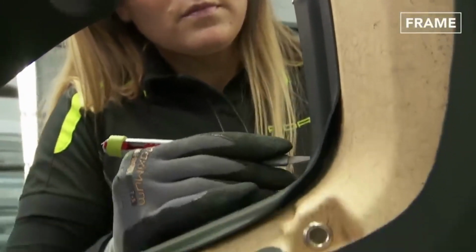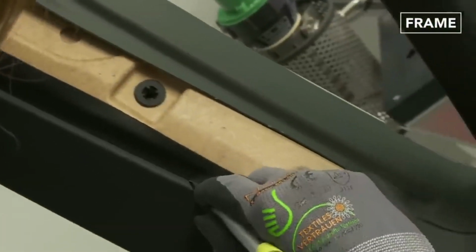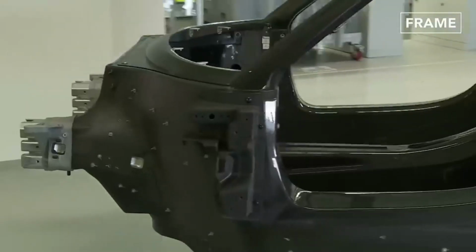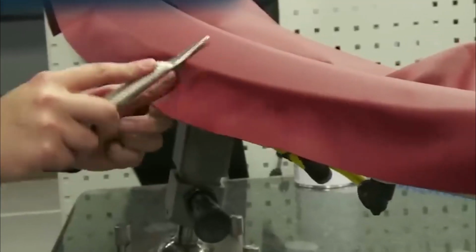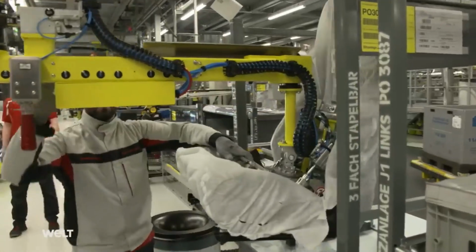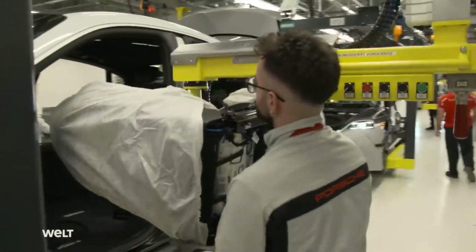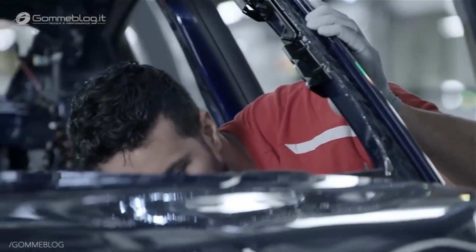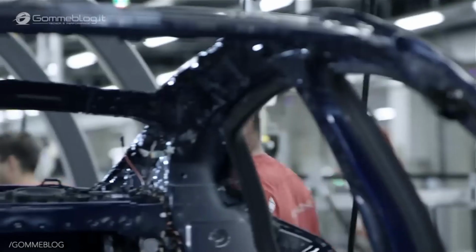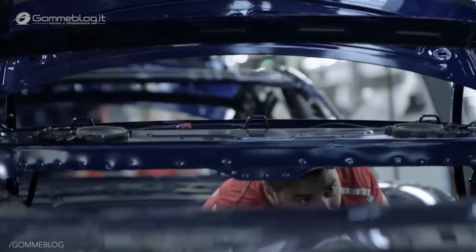Next, interior installation begins. The Taycan offers a variety of premium materials, from traditional leather to Porsche's innovative Racetex, a sustainable microfiber made from recycled polyester. Seats are mounted using automated lift assist devices that ensure ergonomic positioning without damaging surfaces. Interior lighting, sound insulation, air conditioning ducts, and trim panels are fitted one by one, transforming the bare cabin into